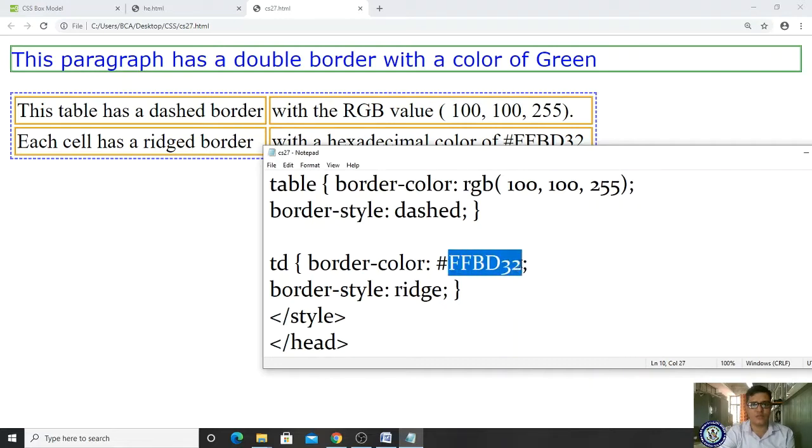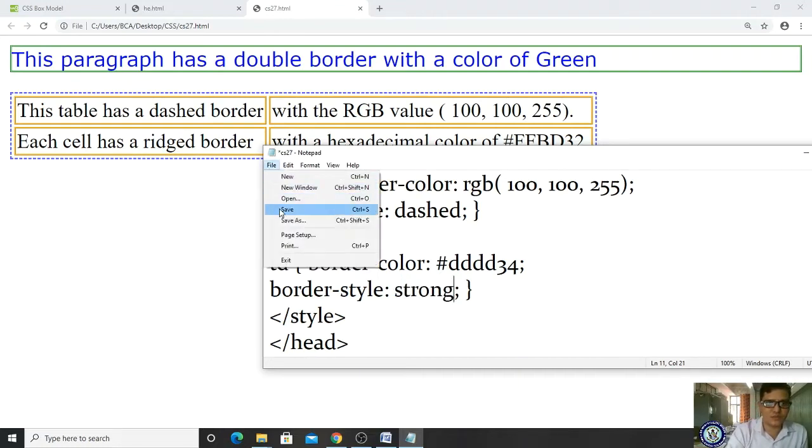Let me modify this. Suppose I take it as DD3234, and let me make it groove instead of red. I do not know what it will come. Let me save it and refresh it.